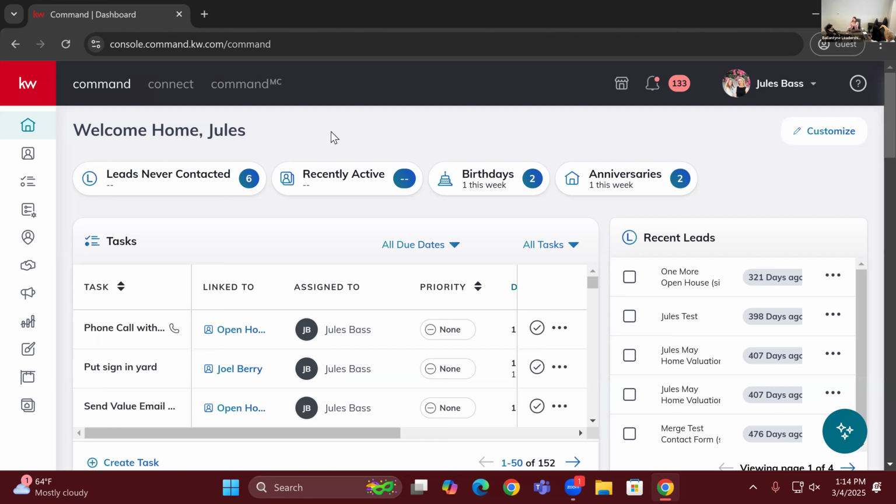And it will prompt you to add a tag. I would recommend adding a tag to them so that you can easily filter by those contacts at any point. So if you ever wanted to find your phone contacts in Command, you could do so. What we can do is click new tag and just create a phone or phone contact tag. I have a phone contact tag. Tags in Command are just ways you group your contacts together. Common ones you'll see are buyer and seller, but this is another tag that you can add, just to easily find those contacts at any point. So you can type that out and then click continue.